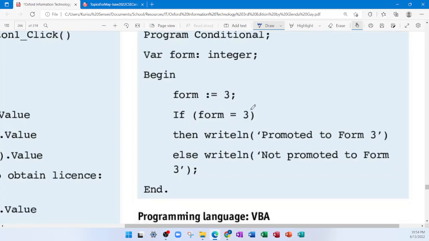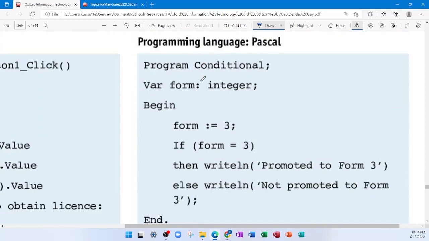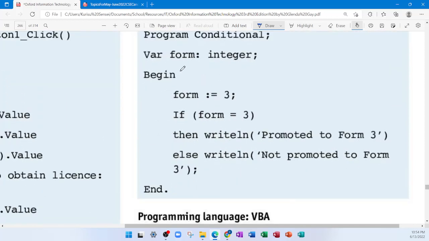In this example here, this is the Pascal one. So we have a begin here, indicating the beginning of the body. We have an initializing here once again, and then we have an if. So if form is equal to 3, remember then is for true. So if this statement here